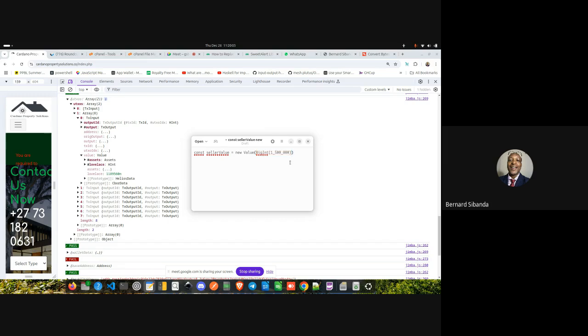And then you need to add your assets here. So for the assets here, sellerAssets. Now it's an object, sellerAssets. So let's create that.